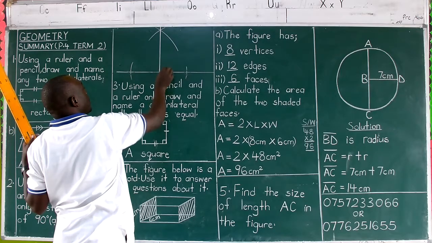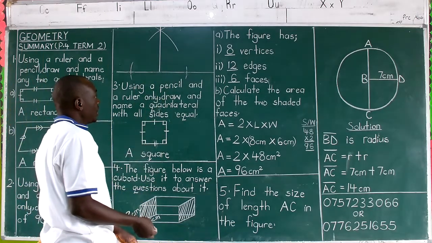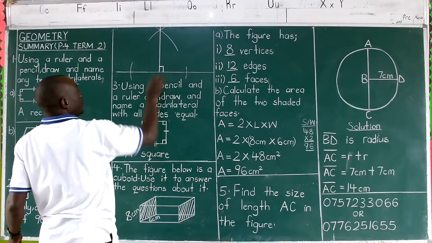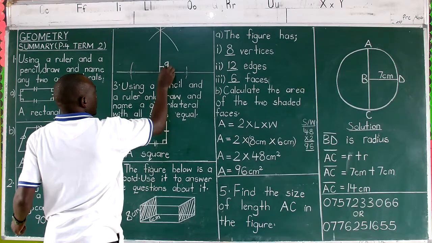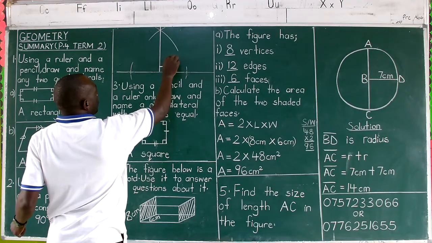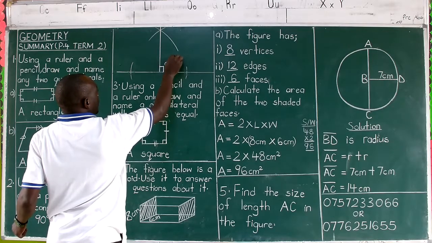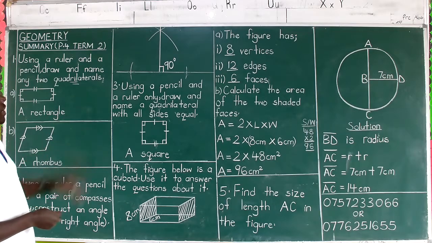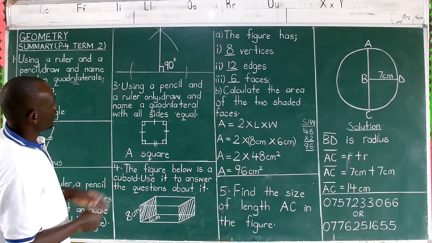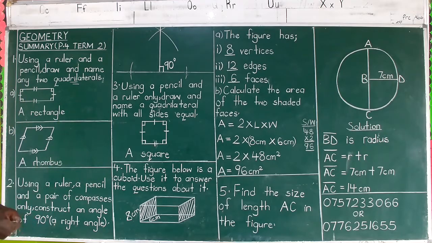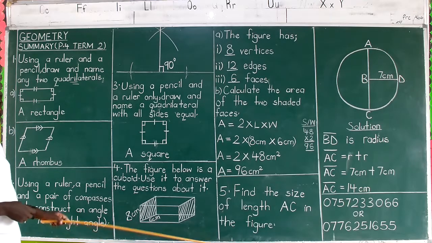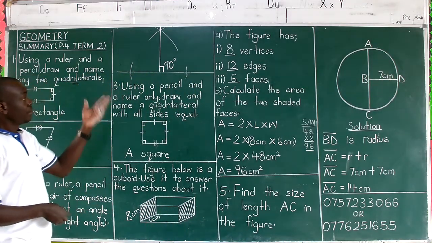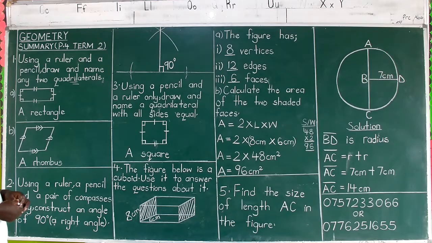So this is a right angle, and this is also a right angle. There are two 90s, one on this side, another on this side. Show any of the two you feel like and say without any fear: I've constructed a straight 90 degrees at that line. That is what's called the right angle, which is equivalent to 90 degrees. Please go like that and never will you fail.